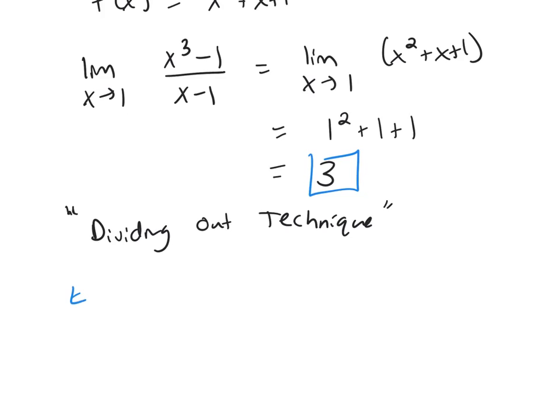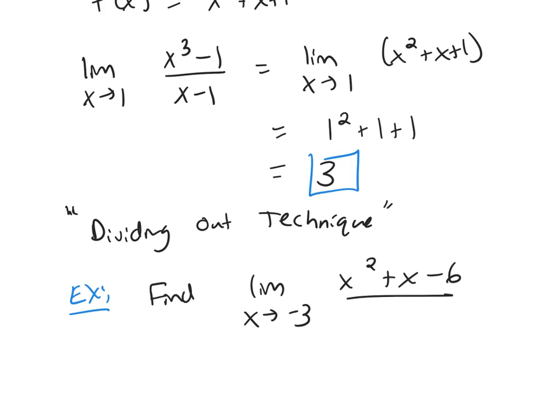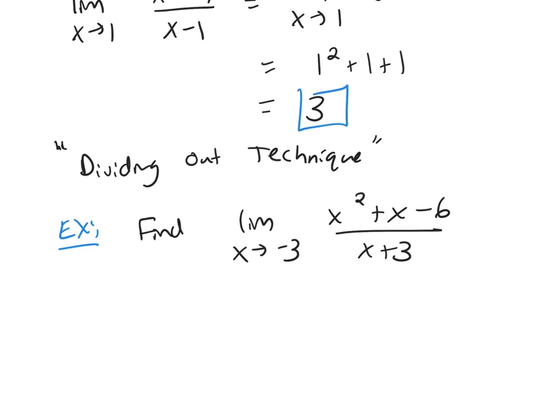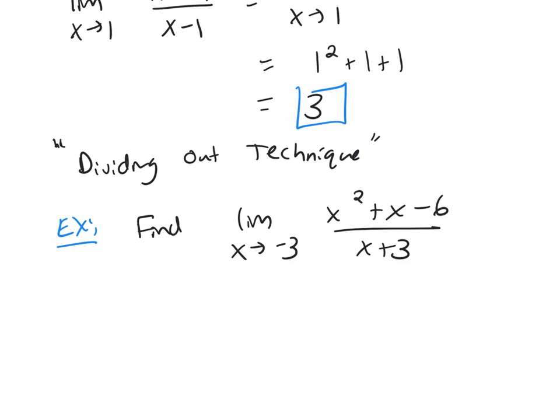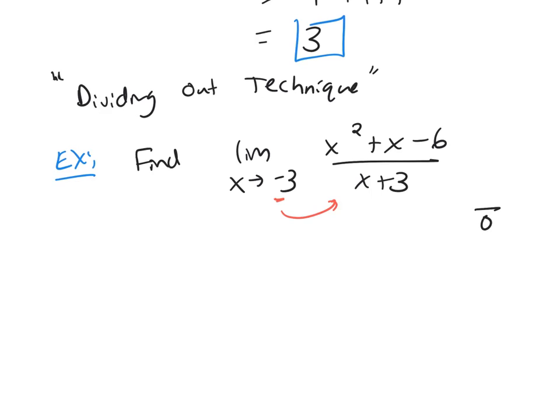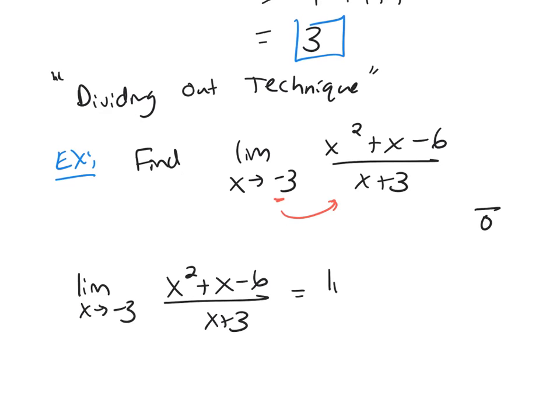Let's look at one more of these. So find the limit as x goes to -3 of x squared plus x minus 6 over x plus 3. So again, if you plug in -3 into the denominator here, you're going to get 0 in the denominator, which is bad. So what I'm going to do to compute this limit, we're going to factor the numerator, use our dividing out technique,